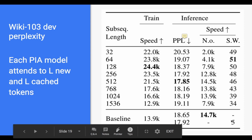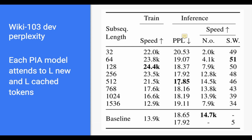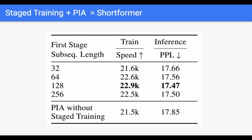And the speed, you can see the sliding window transformer can only process 5 tokens a second. And the new PIA model can process over 20,000 tokens, and it still has a better result. So if you just do the math, it's 4,000 times faster, and even has better results. So it's super amazing. If we previously did some stage training, what if we combine PIA and the stage